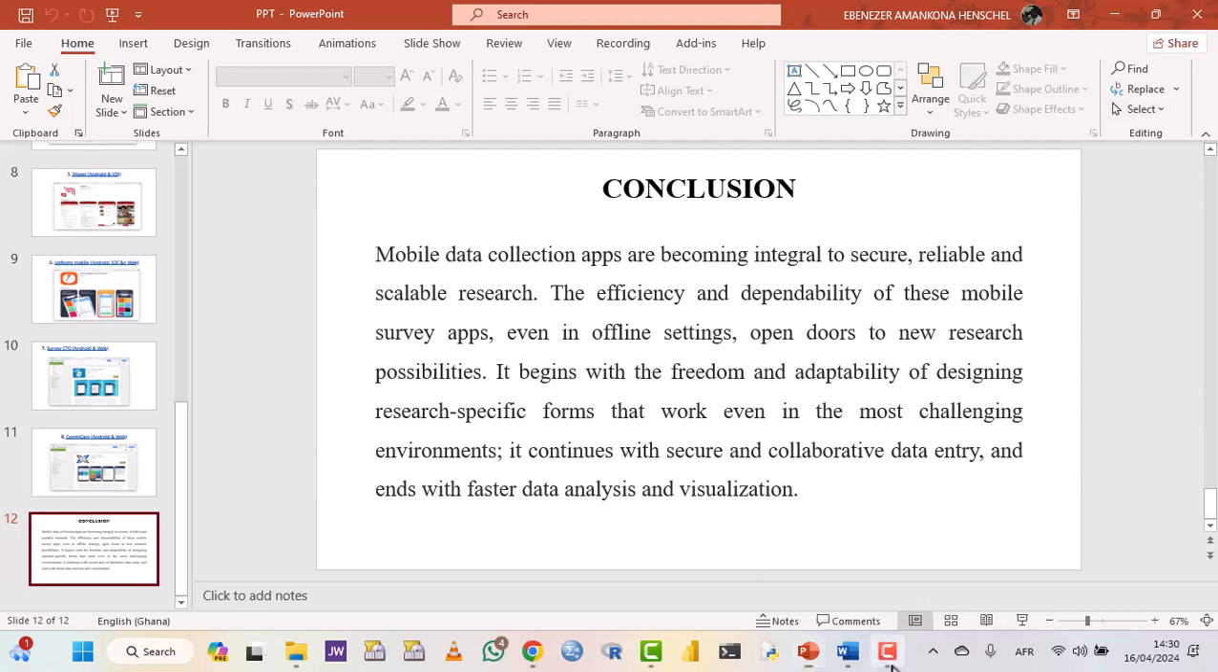But then we would like to look at how to create a Kobo Collect or a KoboToolbox account. First, what you do is you go into your browser